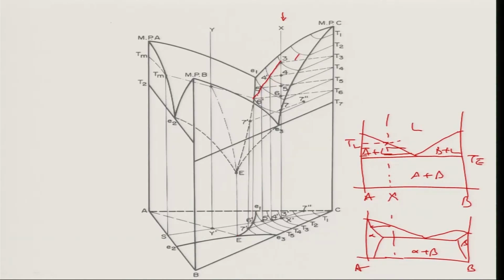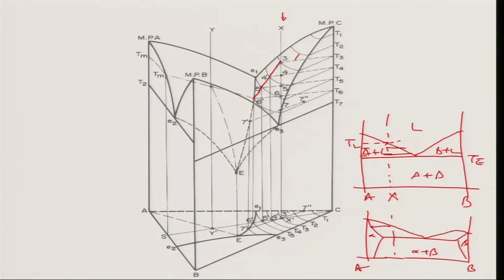What is that? 6 prime is a point which is lying on the line or intersection line between E1 and capital E. E1 is the binary eutectic between A and C, and E is the ternary eutectic point inside the Gibbs triangle. So, what will happen? Because it is lying on this valley between small e1 and E. Still, at temperature T6, this is going to precipitate only C,